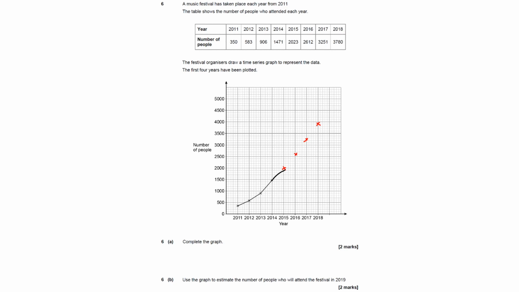So now that we've completed the graph, how can we use this graph to estimate the number of people who will attend in 2019? What we can do is find the range of the previous two and estimate it for the next two. So for the previous two, excuse me,